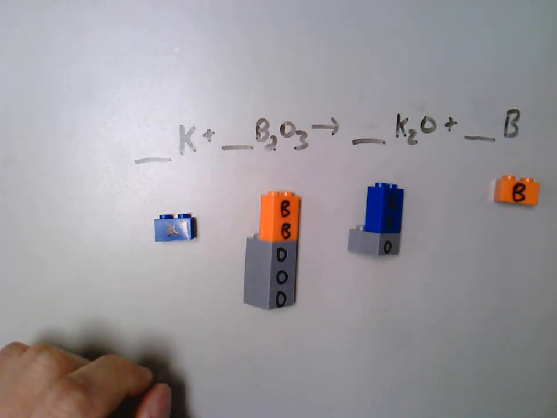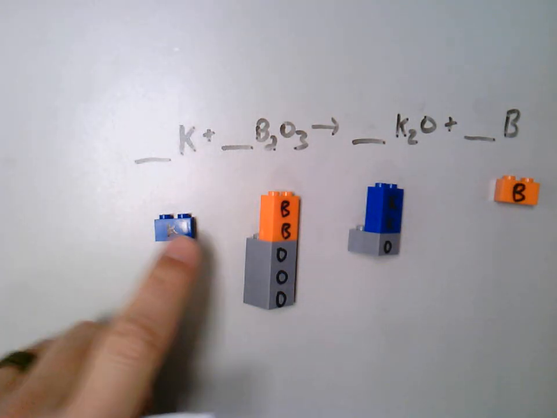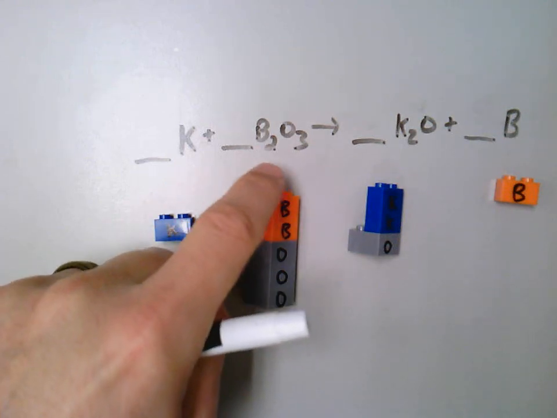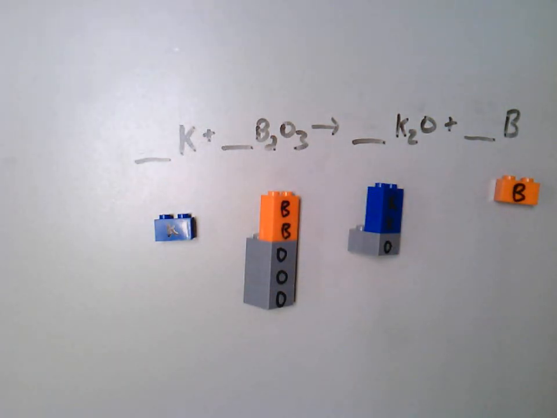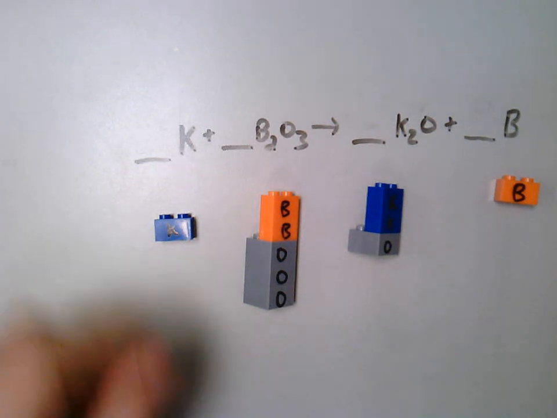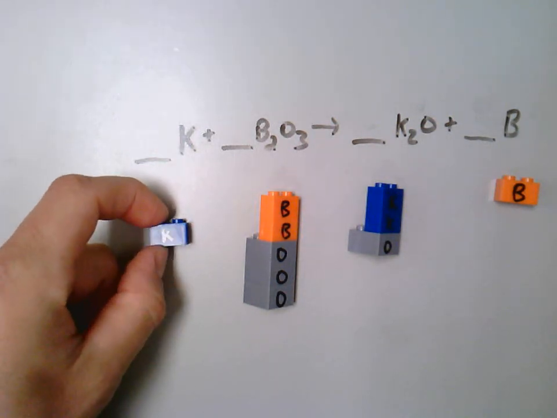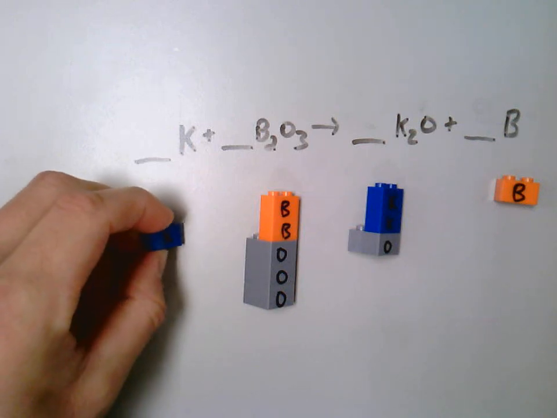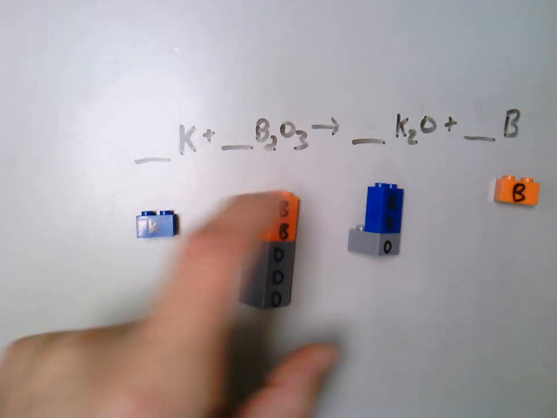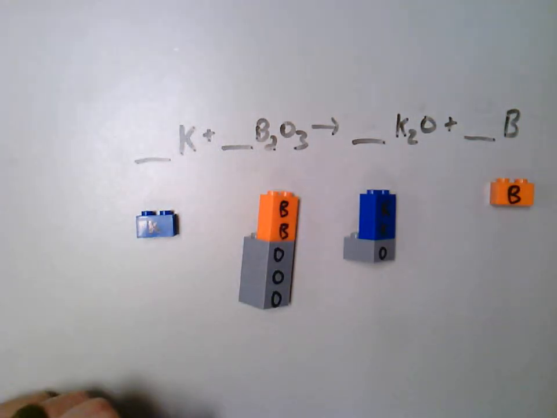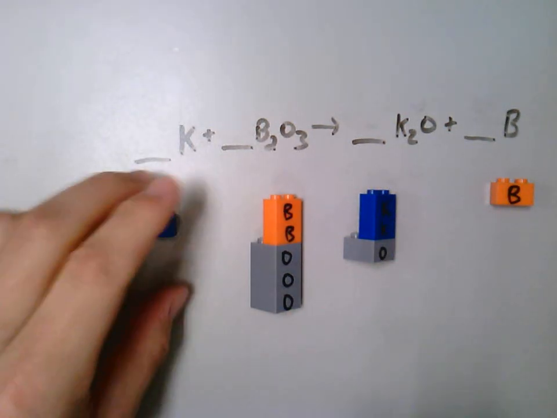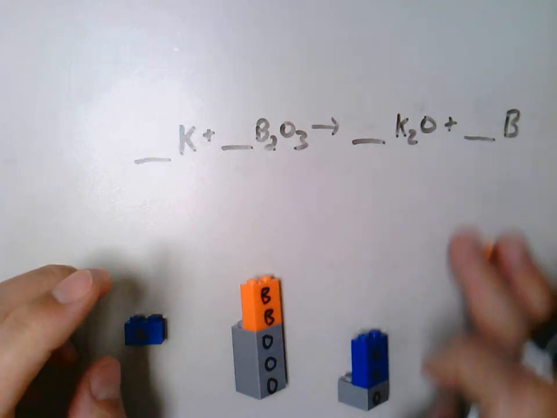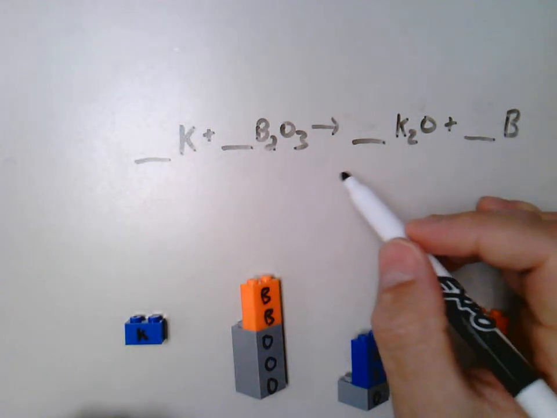So here we have another chemical formula. We've got K plus B2O3 yields K2O plus B. So again, we cannot change anything about any of these individual Lego blocks, but we can change how many of them there are. So the first thing that you need to do is to go ahead and update your scorecard,